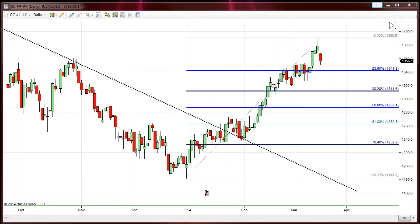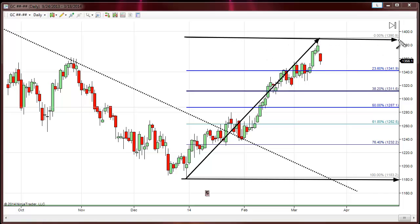So traders, what I've done is I've pulled up a daily chart, and we put this chart up yesterday. What we're really looking at on this chart is this last rally. This is really January, beginning 2014. The market rallies pretty much straight up. We had a move that, as I said, started at 1183, which is where I've got the bottom here. I'm putting our top here at